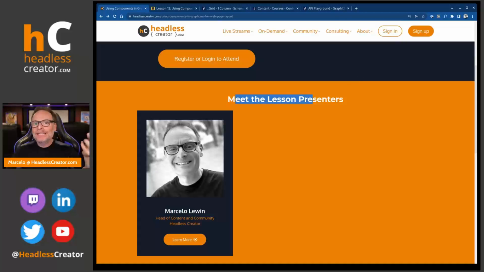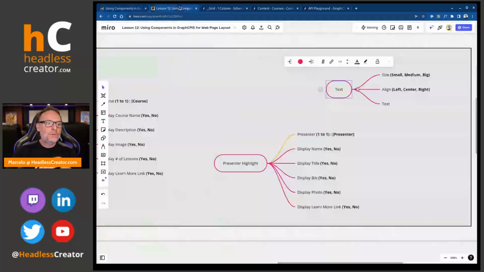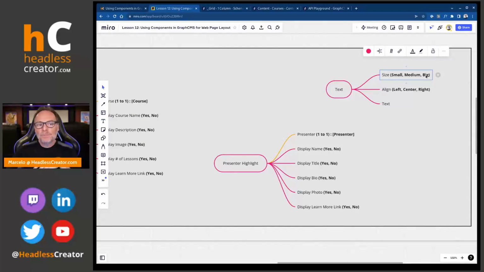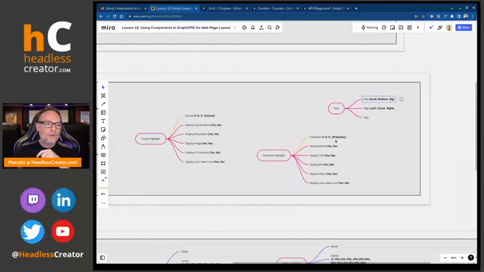And each channel can decide what that really is, because in this landing page, maybe small is an H4, and in another landing page, maybe small is an H3. So we don't want to let the authors decide which H to use. We just say, hey, what's the size you want? So that's my way of doing that. So you can see here, size, small, medium, big, aligned left, center, right, and then text. That's the component. Okay,